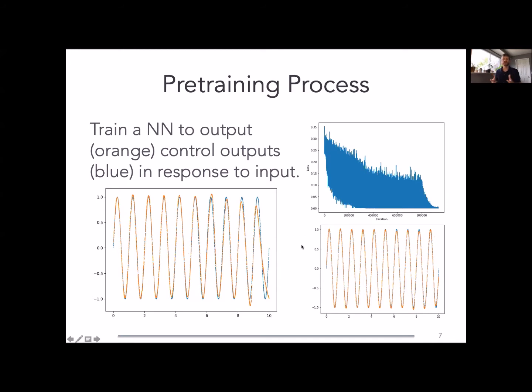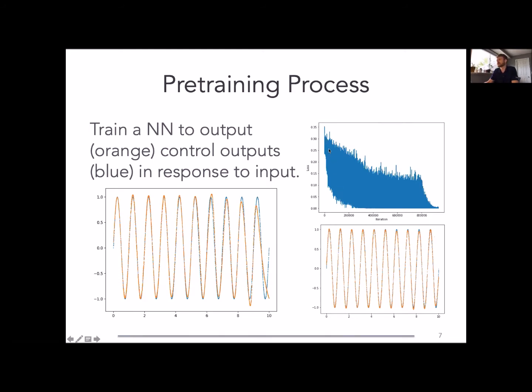So in the supervised approach here, to generate a score for an individual candidate, we have 30,000 samples, which actually matches the update frequency of our physics simulation during the evolutionary process. Those 30,000 samples simply take the desired output, which is blue, versus the orange, take the difference, and sum that over the 30,000.